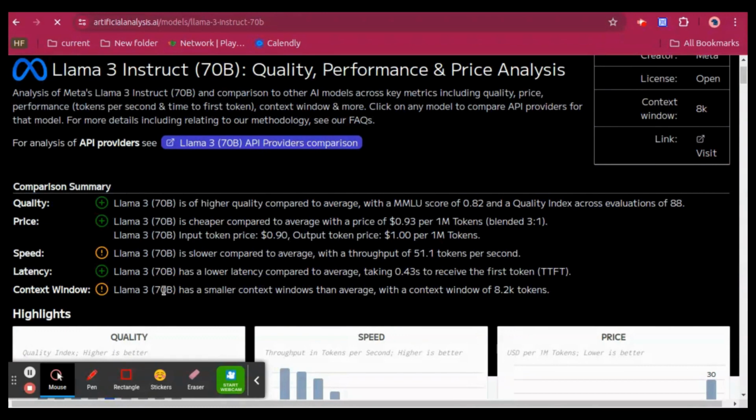Its context window is 8.2K tokens, which means it can see up to 8.2K tokens max